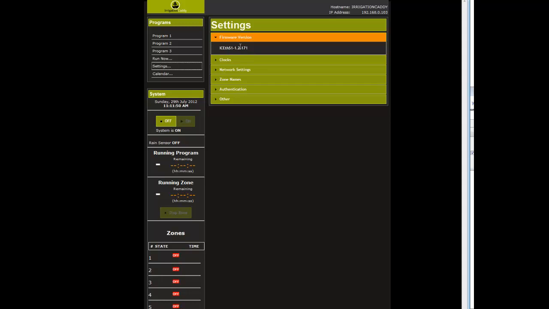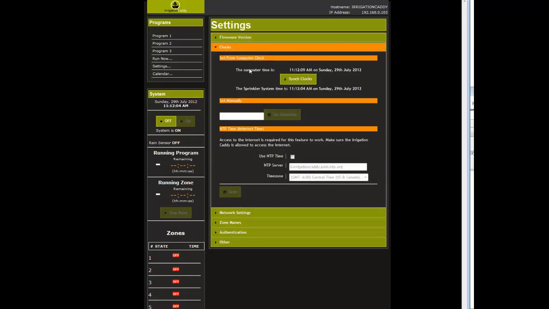Okay, so the settings is broken up into multiple sections. The first section is for the firmware version, and it shows you the current firmware that you're currently running on. The next section is the clocks, and this is a very important section because having the IrrigationCaddy time set properly